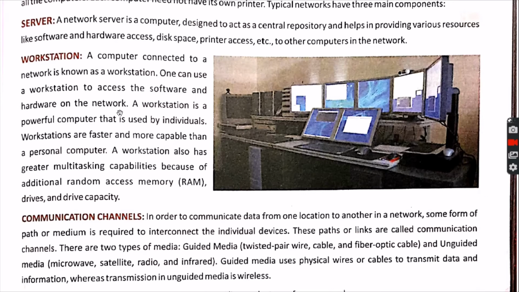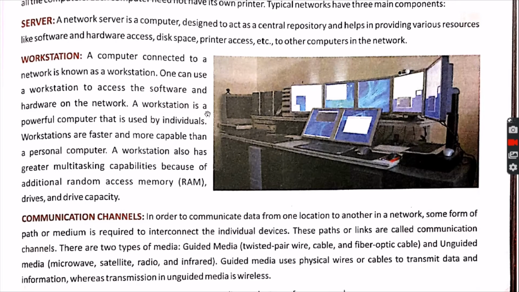In a workstation, for example, you can see this is an example of a computer network, and it may be considered a workstation also. Whatever hardware and software there is on the network, the connected computers are able to use these resources.